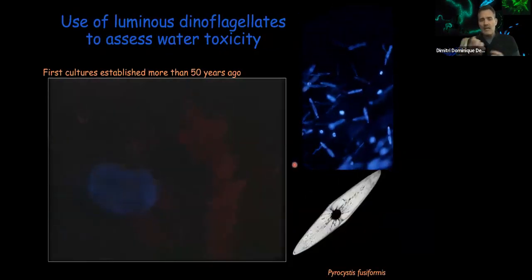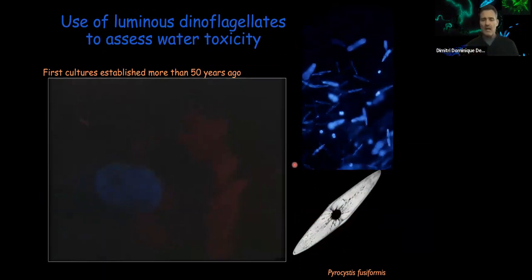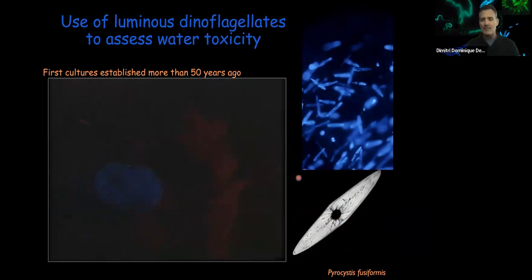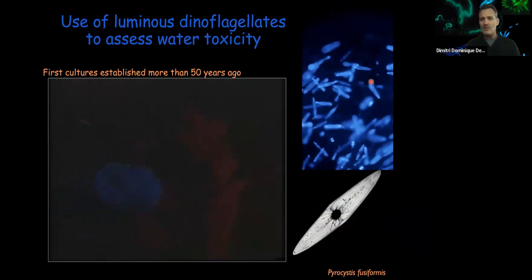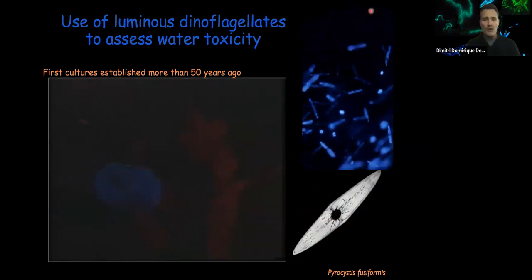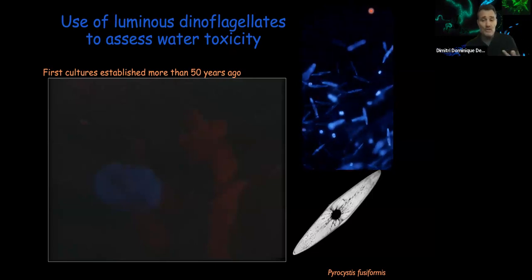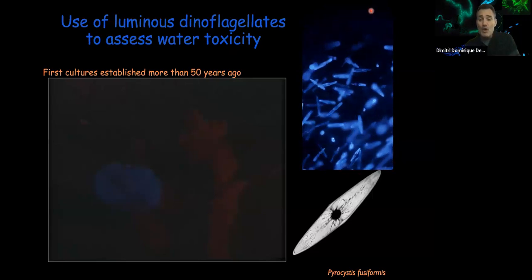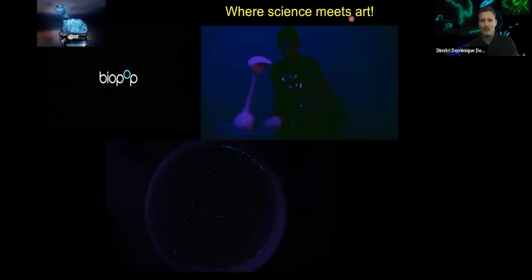So we can keep those samples in flasks. We can grow them in the lab. You can shake them. You can see the light. You can look at them under the microscope. It's a beautiful system that you can study and that you can recreate in the environment and have a material that you can then make glow at will, which of course invites art. So there is a lot of applications for this particular